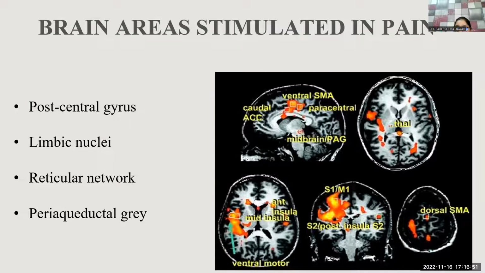So it is written as emotional experience. An emotional experience means: from where are the emotions coming? The emotions are coming from the limbic nuclei, because the stimulus gets scattered from the sensory cortex to the limbic nuclei and to the reticular formation. Now, what is the function of the reticular network?